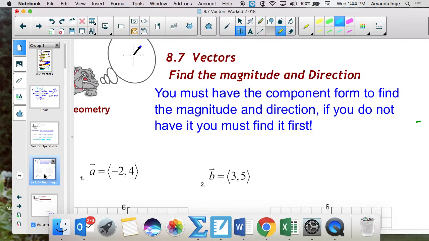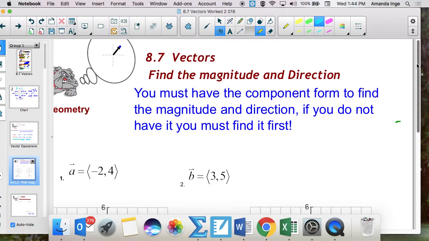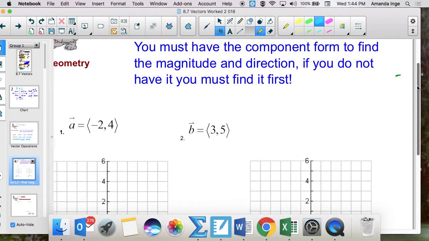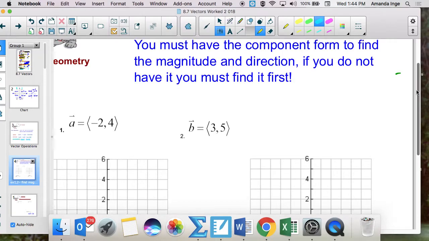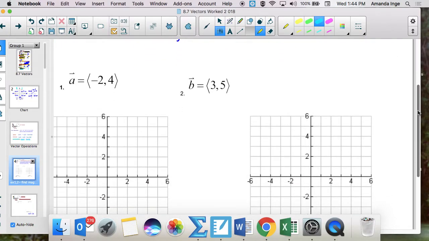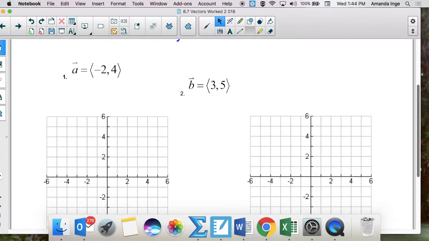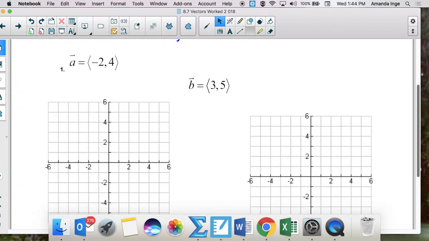All right, so I'm starting with my first, you got your worksheet and all? We're starting with vector A. Okay, so everybody has that one? All right. I don't know that you have graphs, but the first thing we're going to do